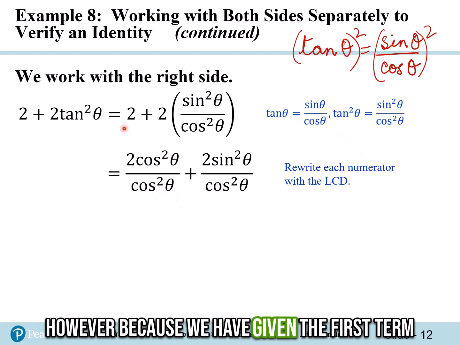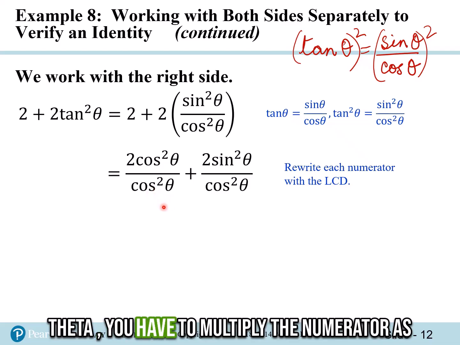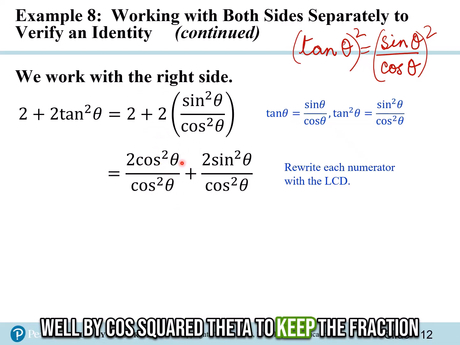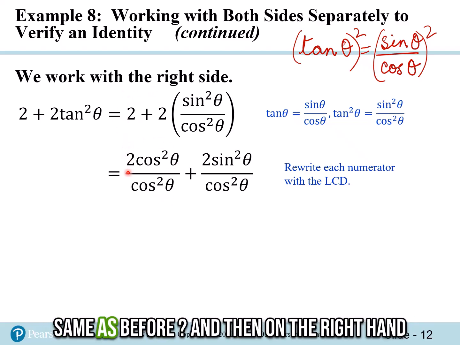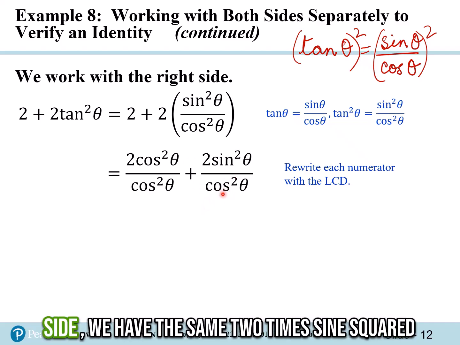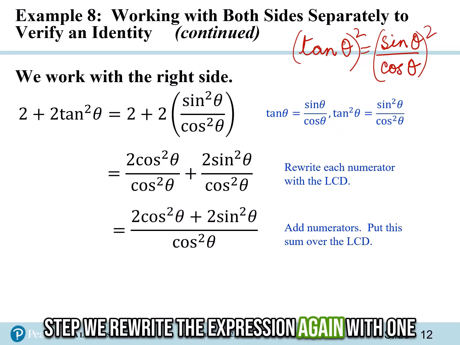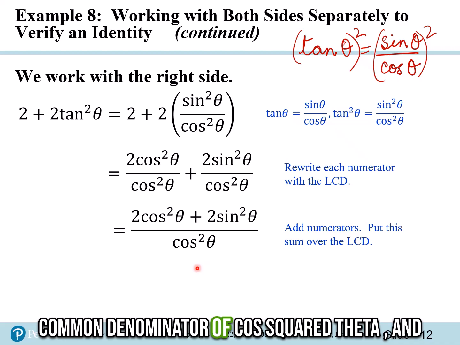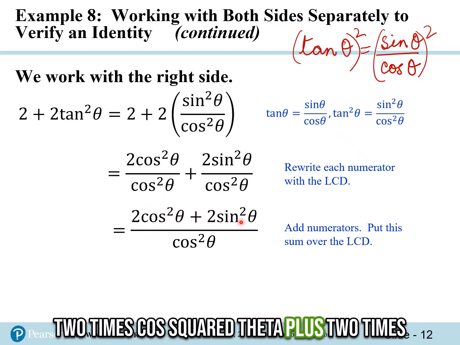However, because we have given the first term a common denominator of cos squared theta, you have to multiply the numerator as well by cos squared theta to keep the fraction equivalent, to keep the value of the term the same as before. And then on the right hand side we have the same 2 times sine squared theta divided by cos squared theta. In the next step we rewrite the expression again with one common denominator of cos squared theta, and we can add the terms in the numerator, which is 2 times cos squared theta plus 2 times